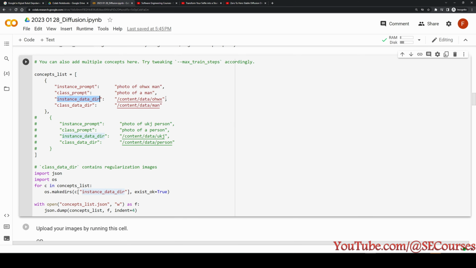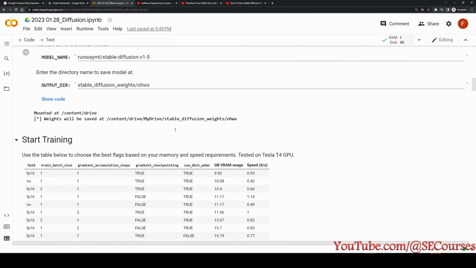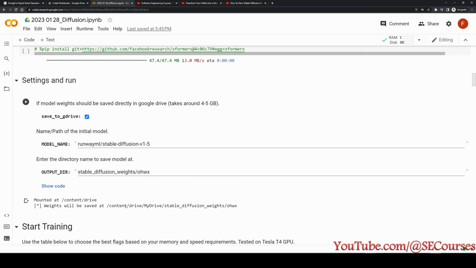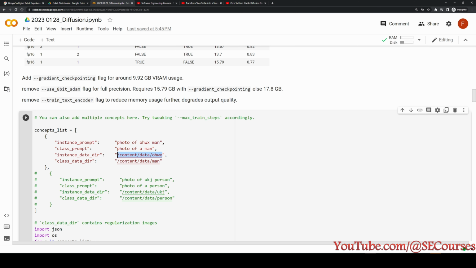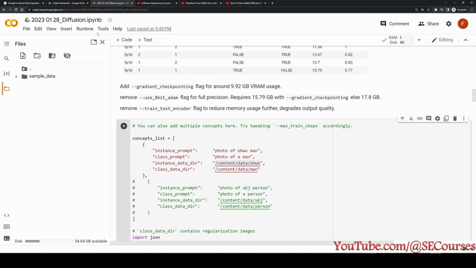Instance data directory, this is the directory where our uploaded training data images will be saved. You see this starts with content instead of starting with content, drive, my drive. Therefore this directory will be saved in the runtime directory in here, and they will get erased once we terminate our session.